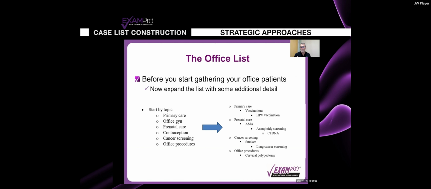And how would I get a patient with lung cancer screening as part of my office list if I didn't actually do it? Well, I could have a smoker and I could put in there counseling or consideration for lung cancer screening. That would be one way that I could get that topic in there. There's a variety of different ways you can do this. You could put in the problem list, no previous lung cancer screening. Again, there's a lot of ways you can do this. You'll notice in the office procedure,